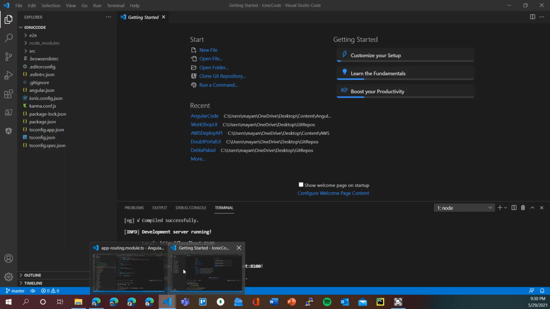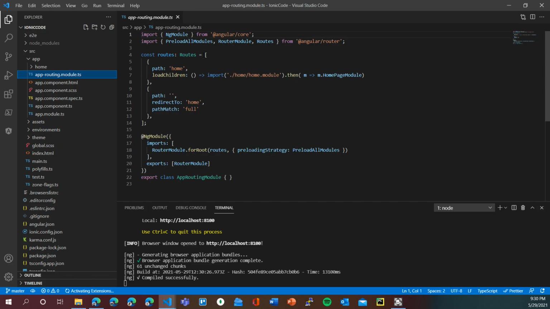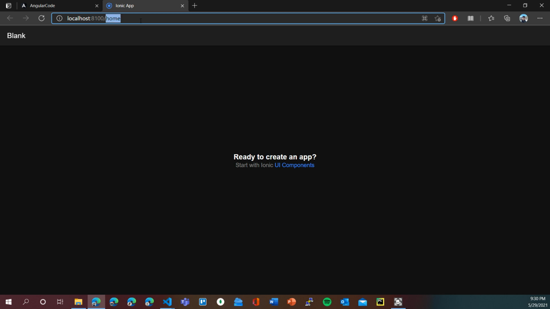Let's open the Ionic code and see what is the status of the routes. So if we go to app-routing.module.ts, over here you can see that there are some predefined routes already present. First, there is the home path, and the empty path is redirected to the home path. We do not need the home path, so also we do not need the home code, which looks like this. This is the home component in Ionic. So we are going to remove the entire home component. So I've deleted it and moved it to the recycle bin.